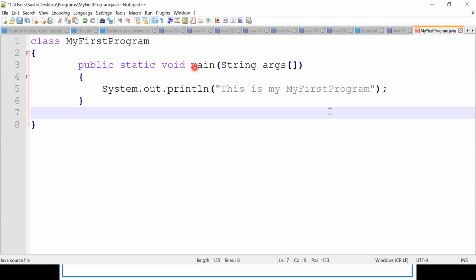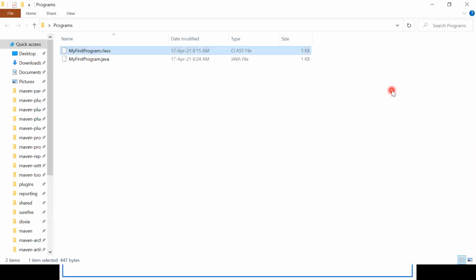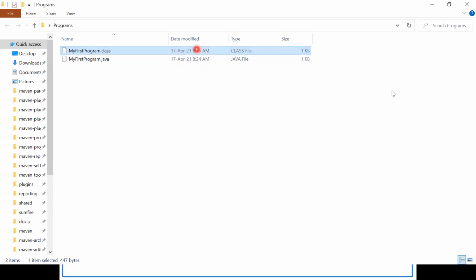So main method is having only one statement. Whatever we are keeping in double quotes, we need to get in the output. In case you want to print something, keep it in the double quotes, right? Now I'm going to do some mistakes, intentionally. Consider I'm going to remove this semicolon here, and I will remove the dot class file also. I'm deleting the dot class file.